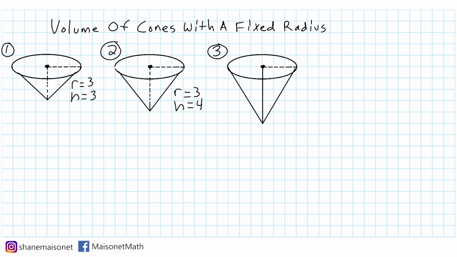And record the dimensions, radius of 3 and a height equal to 5. Let's go on to number 4. All right. So once again, on your paper, your top surface should look the same as all of the other cones. So we are going to